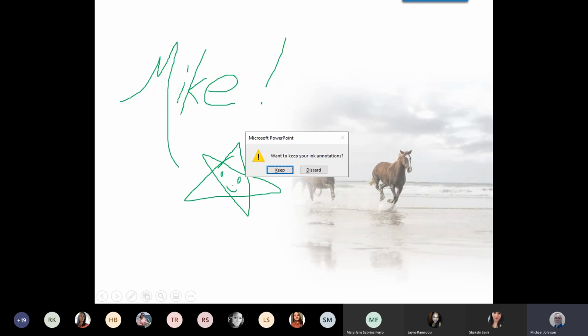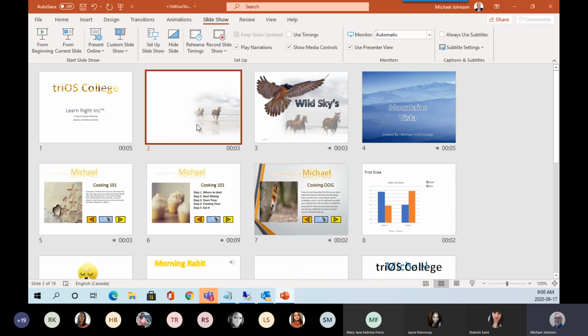There you go. And it's going to ask me, do you want to keep that graffiti or not? And the answer is no, discard. Otherwise, it would leave it here, and I don't want that to happen. So keep in mind those little tools at the bottom when you're displaying something, they really do help you, because